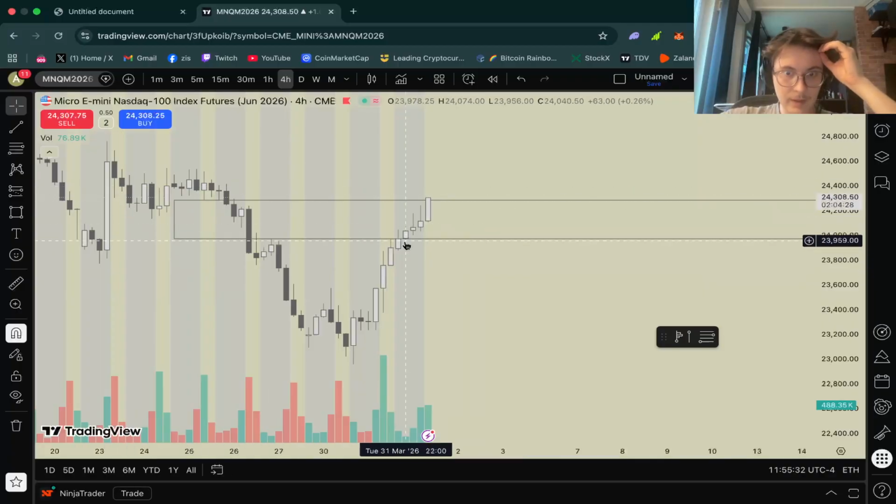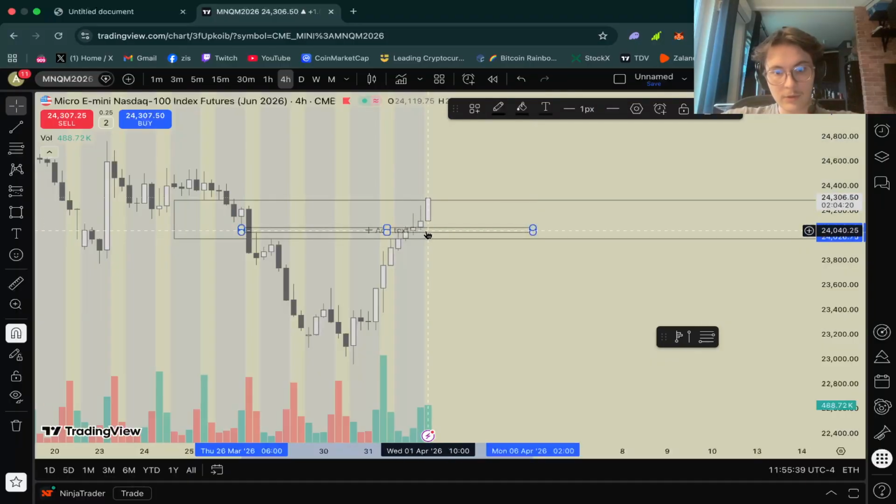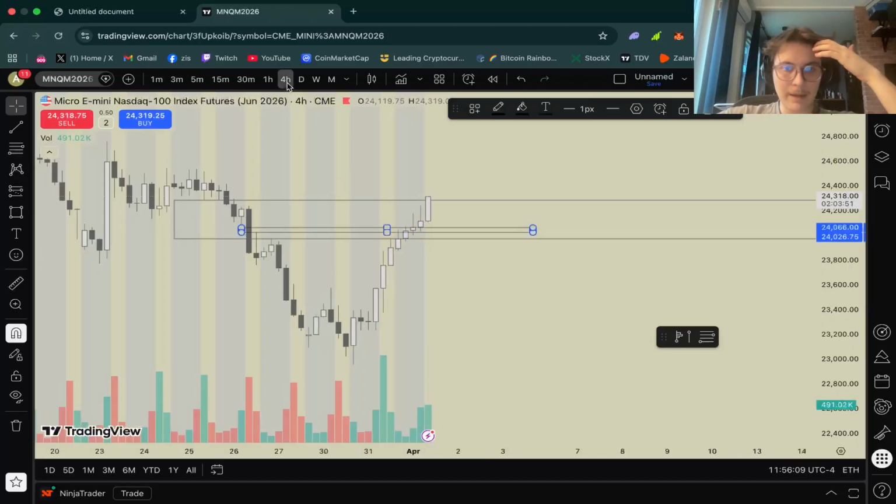When does market open? On the 4 hour we had a bearish here, but we took this out before open, and obviously we have these bearish 4 hours as well, but we have been flipping them, so this is generally bullish. However, due to the daily fair value gap here, I was a little bit more bearish, but in general, I think maybe I was coming into the day neutral, because on the daily we are in a bearish fair value gap, so we have to be somewhat bearish because of that.